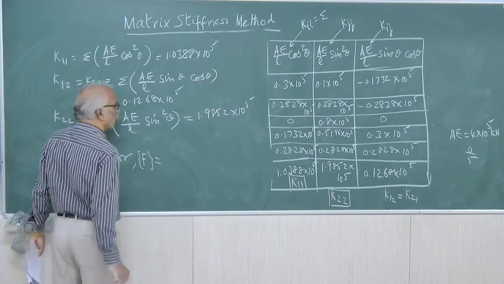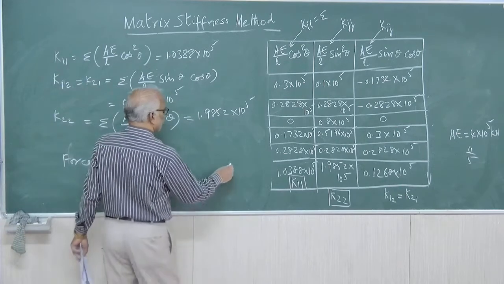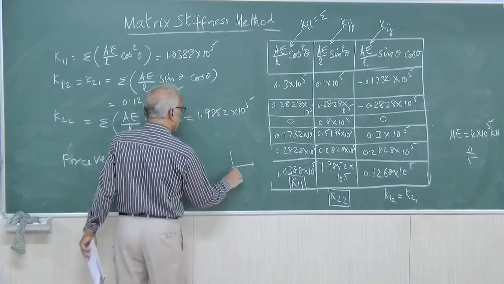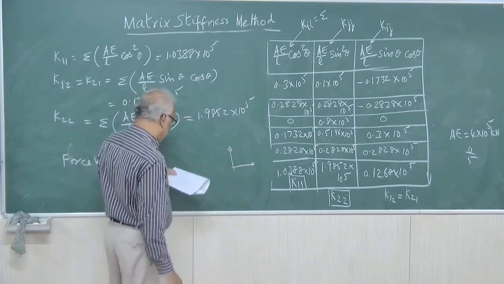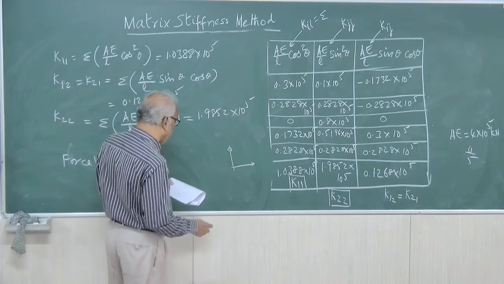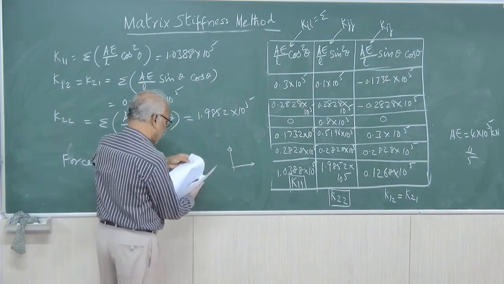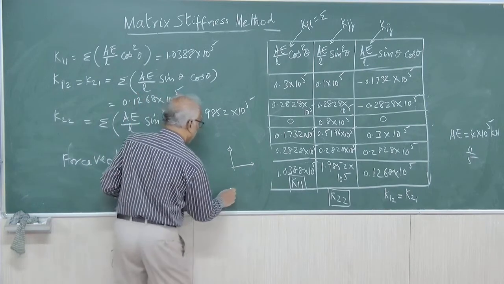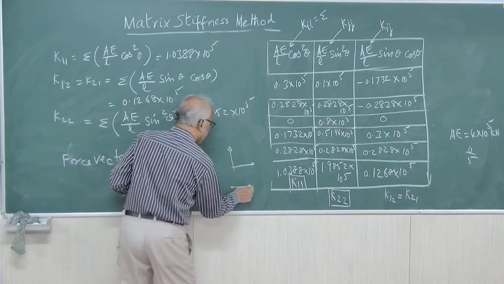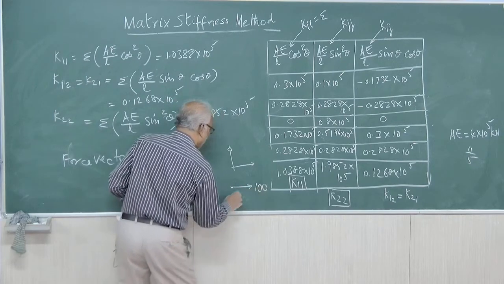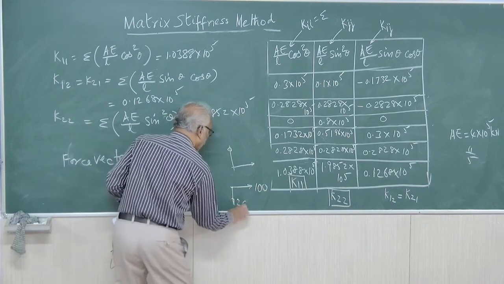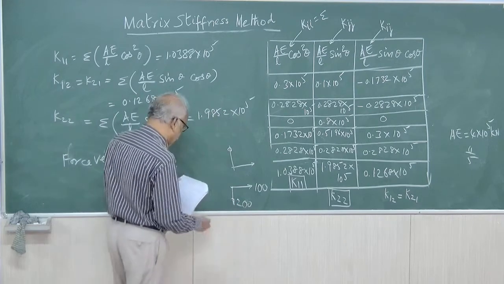we have got two coordinates, one is the x coordinate, the other one is the y coordinate. Along the x coordinate and y coordinate, we know that we have got the forces at the point O. There is a horizontal force of 100 and a vertical force of 200. This is from the problem.